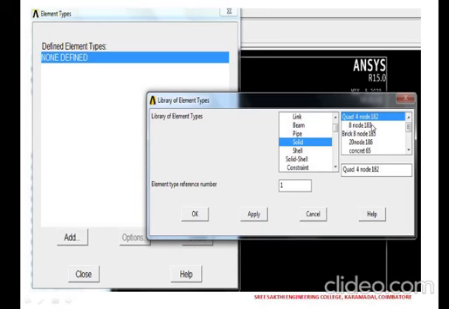So here 182 and 183 are given. So what is the meaning of 183? 182 is nothing but the element type. Those who are attending my online classes can easily understand, right? The next one is the bricks element, and similarly the axisymmetric element, and similarly the isoparametric element will be available here.